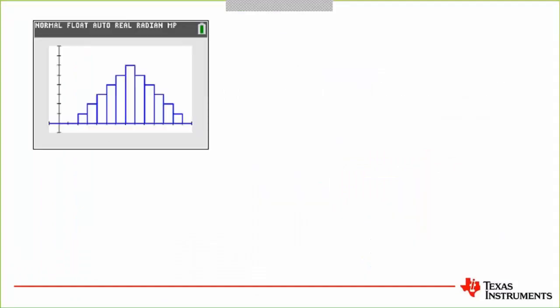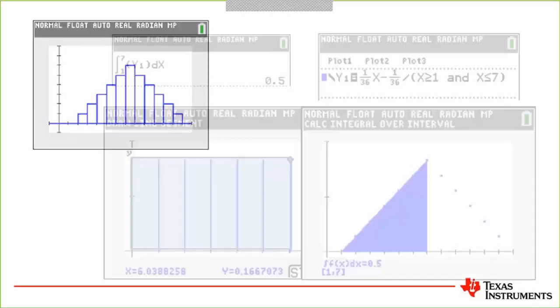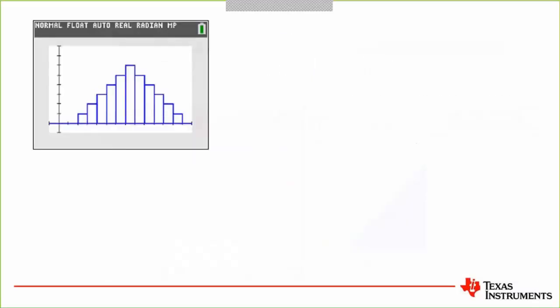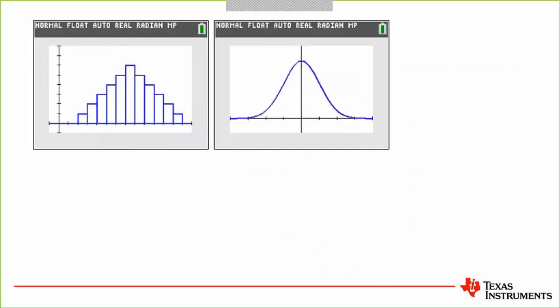But for now, let's take a look. There's my histogram from the 2 dice, frequency histogram. And here's my segue to normal distribution. I was hoping to set up a live poll, but we didn't get the chance to do that. But my question, you can just shout out at your computer, is the distribution of the outcome from rolling 2 dice a normal distribution?